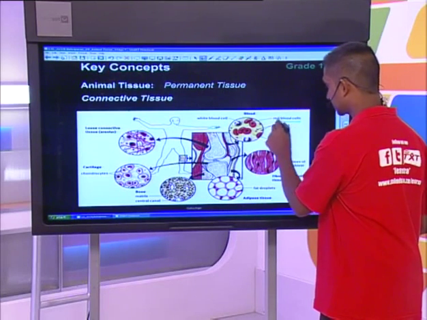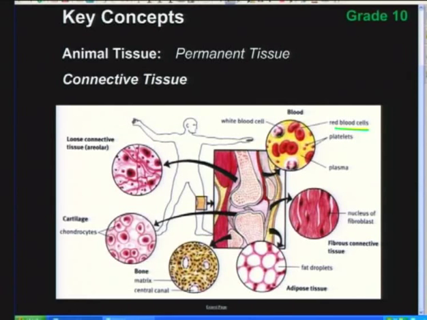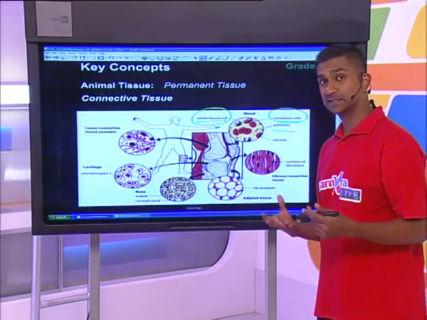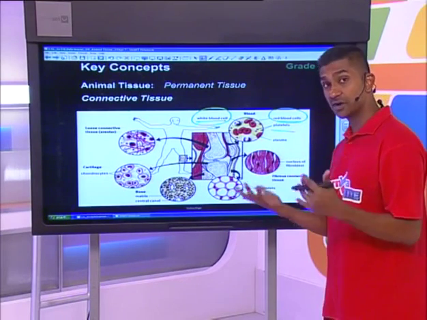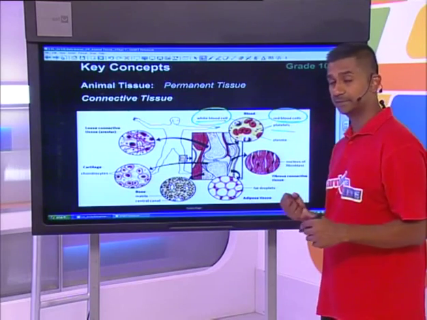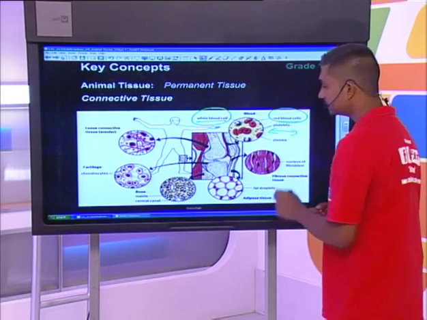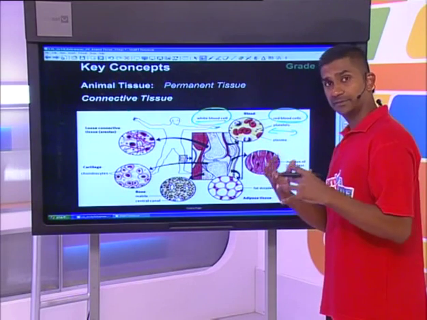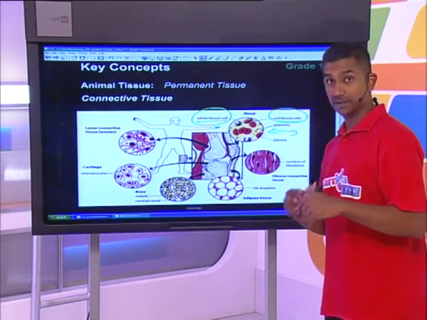So you've got your red blood cells, or your erythrocytes. You've got your white blood cells, or your leukocytes. And you also have your platelets, which are the thrombocytes. We're going to look at the functions very briefly. The white blood cells are basically the cells that are responsible for the immunity in the body. Your red blood cells are responsible for transportation of oxygen because they have hemoglobin in them. And your platelets are responsible for clotting of blood, and that's for the repair of tissue and blood vessels when